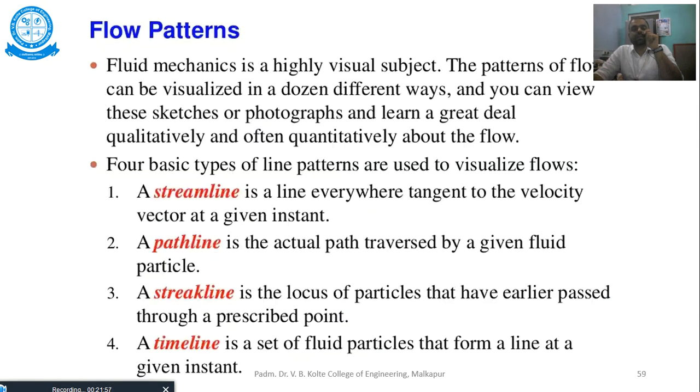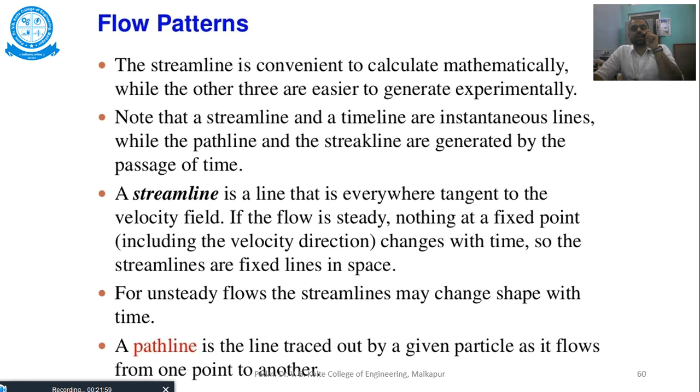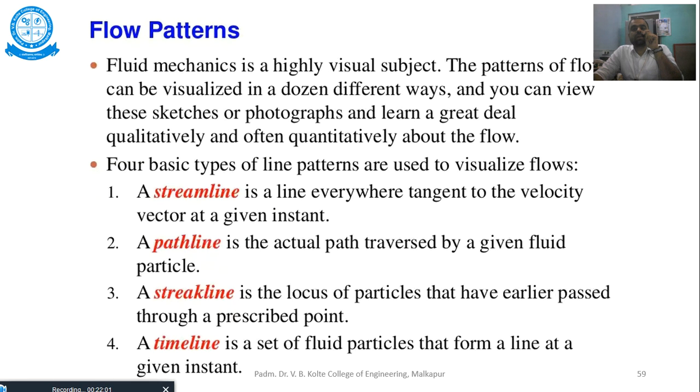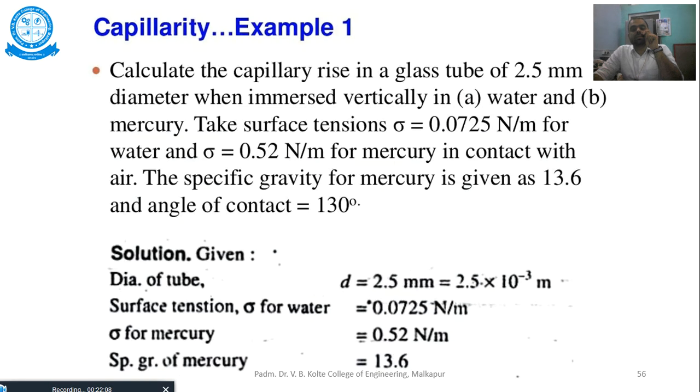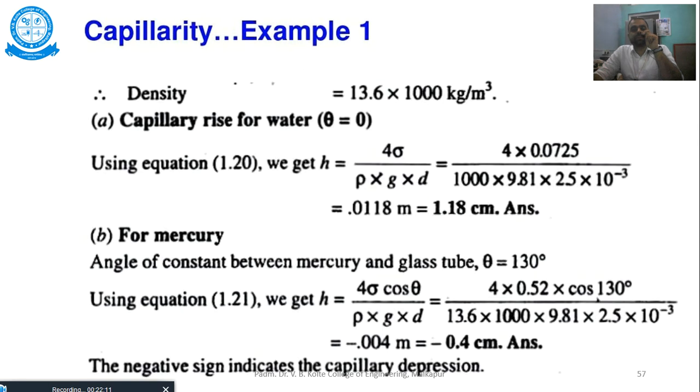So in this case we are not able to consider the angle of contact as 128 degree, because in this numerical it is given that angle of contact should be taken as 130 degree. So as specific gravity of mercury is given here, from that we are in a position to find out the density of this mercury. So 13.6 multiplied by 1000, as per the density of water. Okay, so 13.6 into 1000 kg per meter cube.